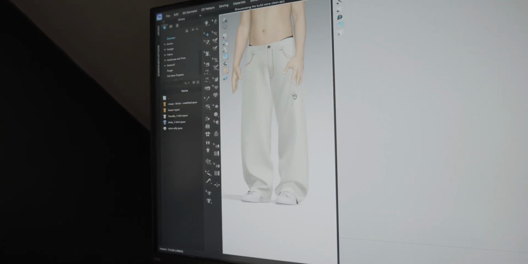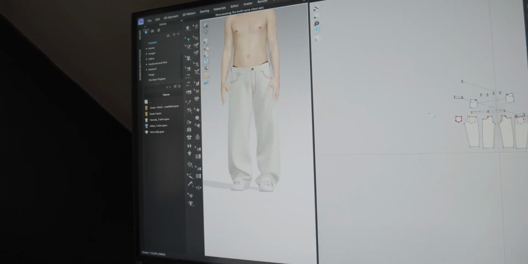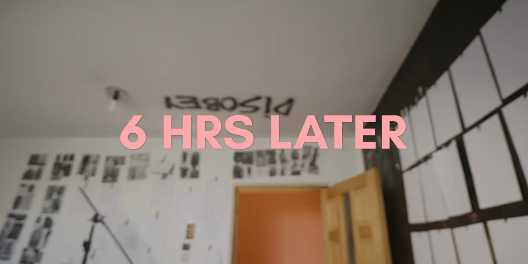After just a couple of hours of working on this, I actually have the pattern for them. All that I have to do now is to send the pair over to Andrada. She's gonna print it out, start cutting, sewing. I'm gonna head over to the atelier again and